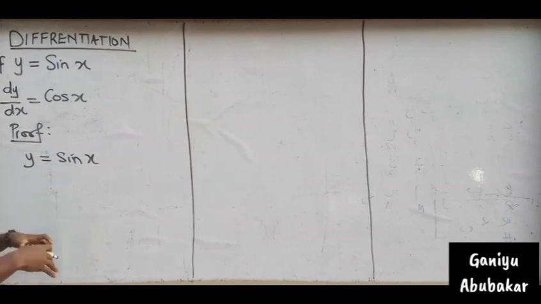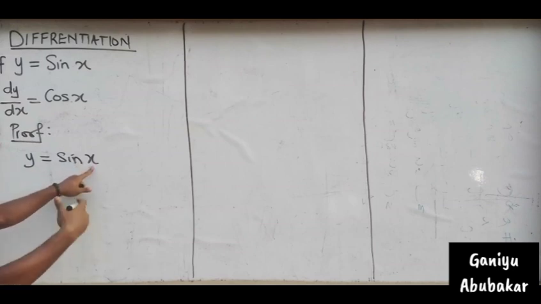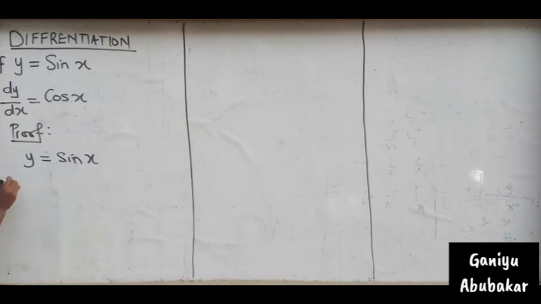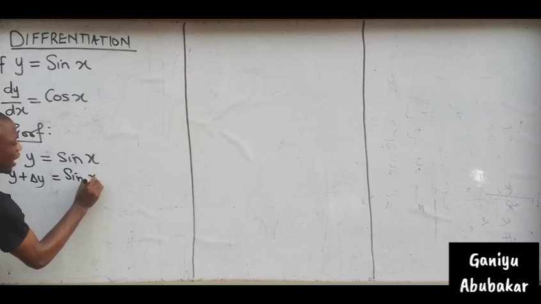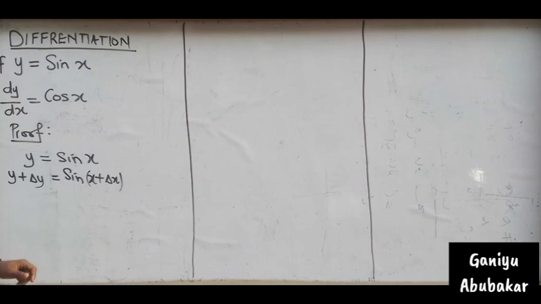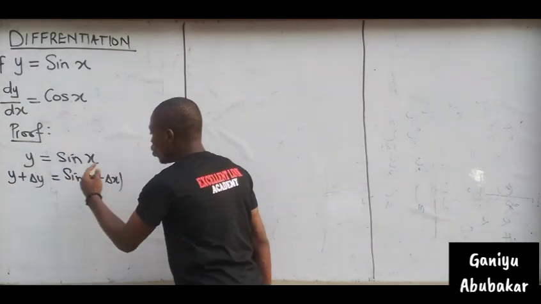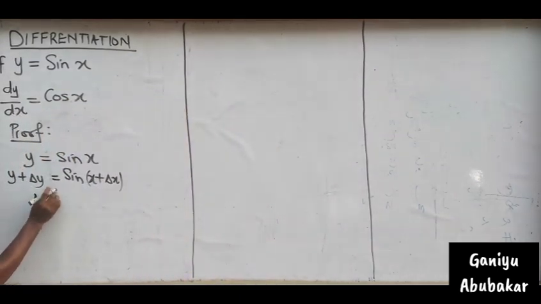We said for the first principle method, what's the idea? The idea is that to y, I'll add a change in y, then to x, I'll add a change in x. So for y plus change in y, this is equal to sine of x plus change in x. I have this, right? What's my next task? Obviously, I can take y to the other side. Hence, I'll have that change in y